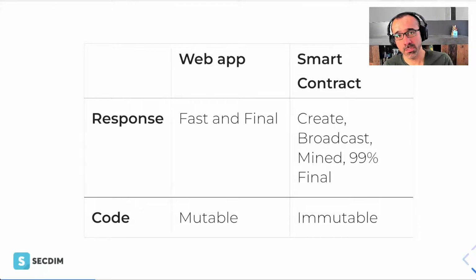However, immutability is a concept where you write once, but you can read many times. And that has to do with smart contracts. Once you have written the code, compiled it, and put it on a blockchain, that's it. That is final. There is no way for us to go there and modify the code. Even if there is a bug in the code, unfortunately, there is no way to go and change it.